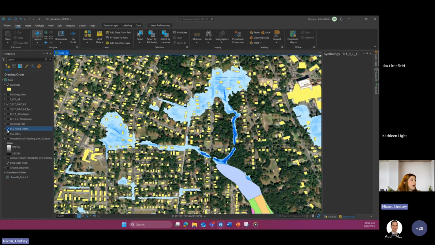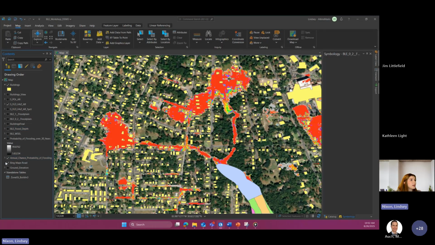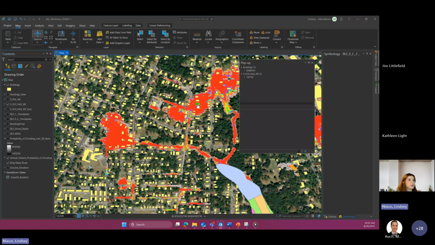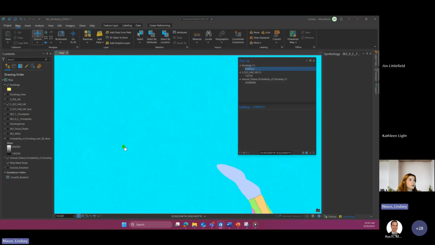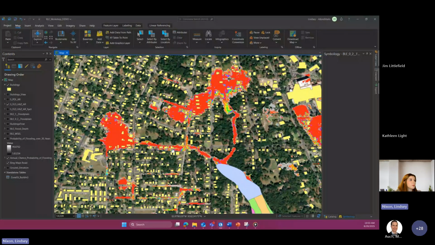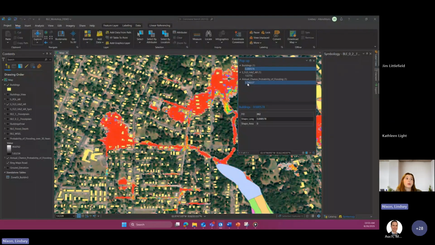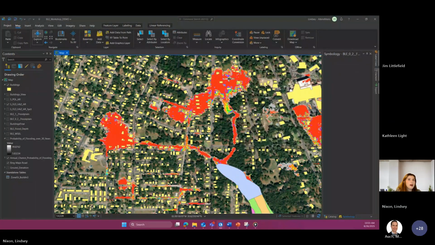We can also look at the annual chance of flooding. This would be the risk of flooding in any given year in a percentage. At this specific building, the annual chance of flooding is 20%. Like I said, you can click around to other buildings. This is also 20. You can look at a building in a different area. This one is only 3% of flooding, but we can use this data to better understand who needs to be notified for communication and outreach events to members of your community